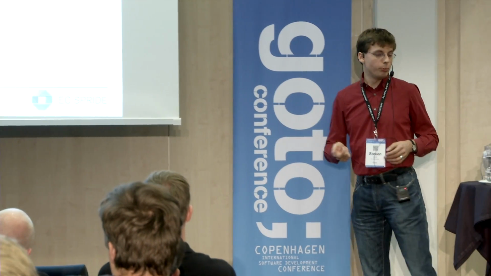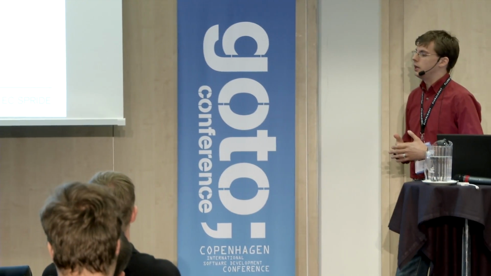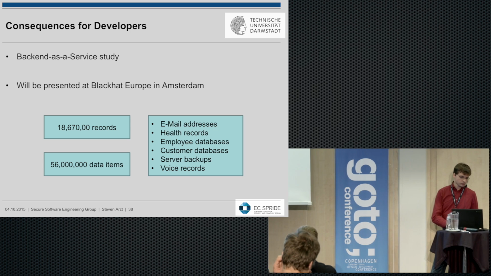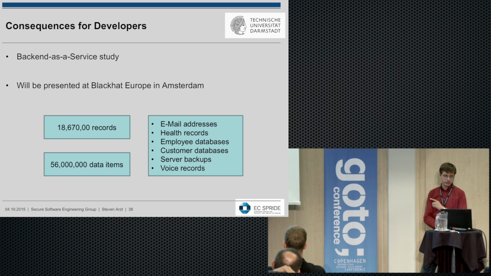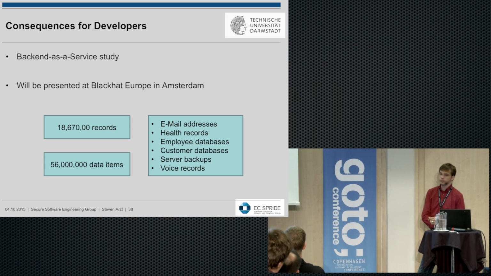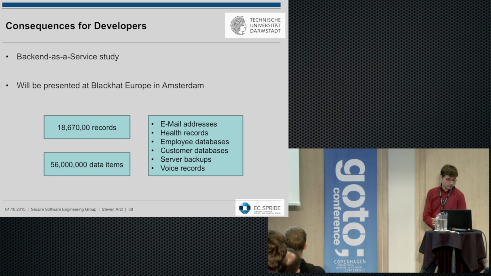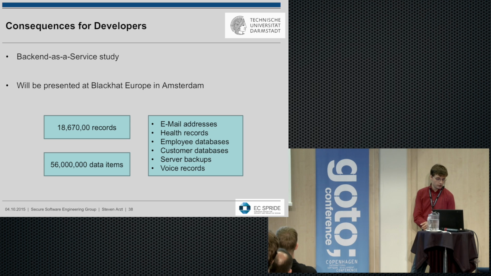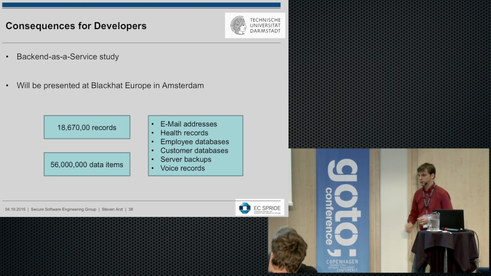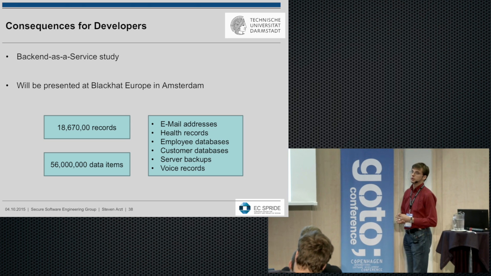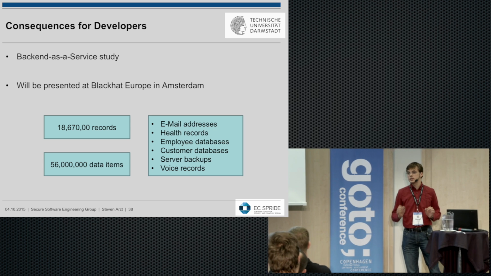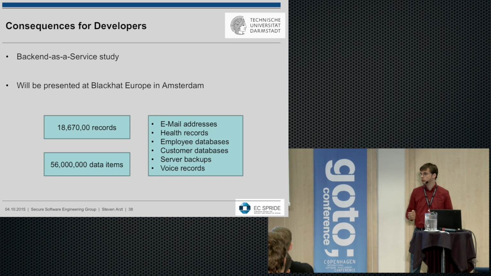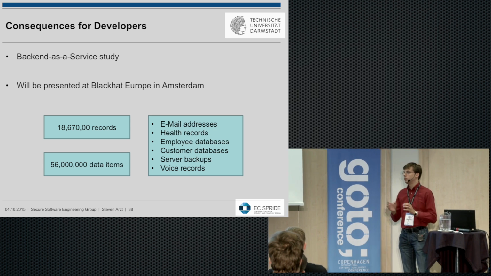We have looked into how people access these backends, and usually they hardcode their username and password. We will present that study at Black Hat in Europe in Amsterdam in November. Interesting is we found in total over 80 million records and more than 56 million individual data items that were accessible just through the credentials that were openly available inside